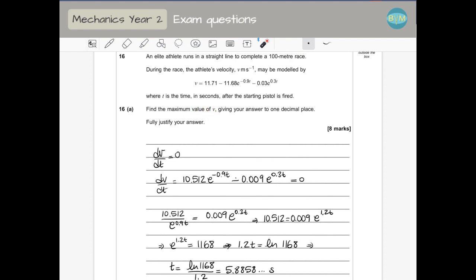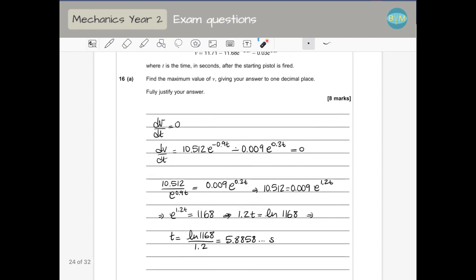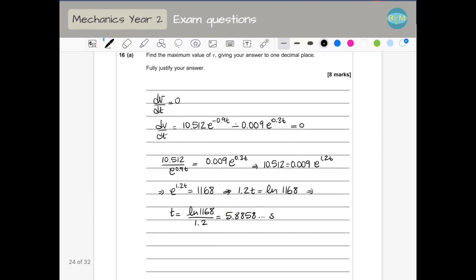find the maximum value of v. So this is like having y in terms of x, finding what x is for the maximum value, and then substituting to find the y, which is the maximum value. So we need to find v, substituting the t by this value here. So maximum velocity is going to be